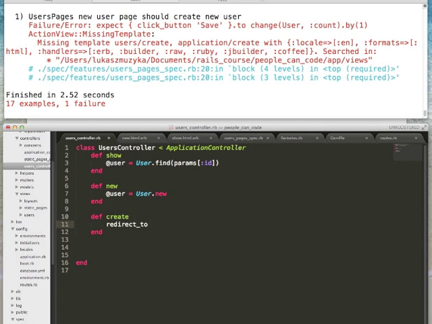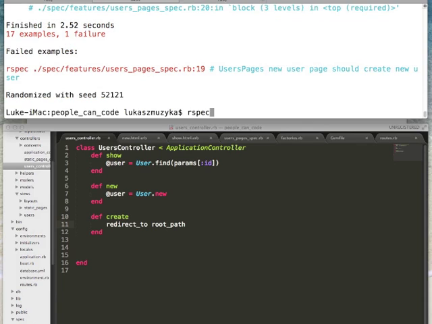So we say users path. Okay, and that's going to be index. Actually, yeah, really users path, or maybe root path right now. Root path would be faster. Root path, so the home page. And now if you run the spec,